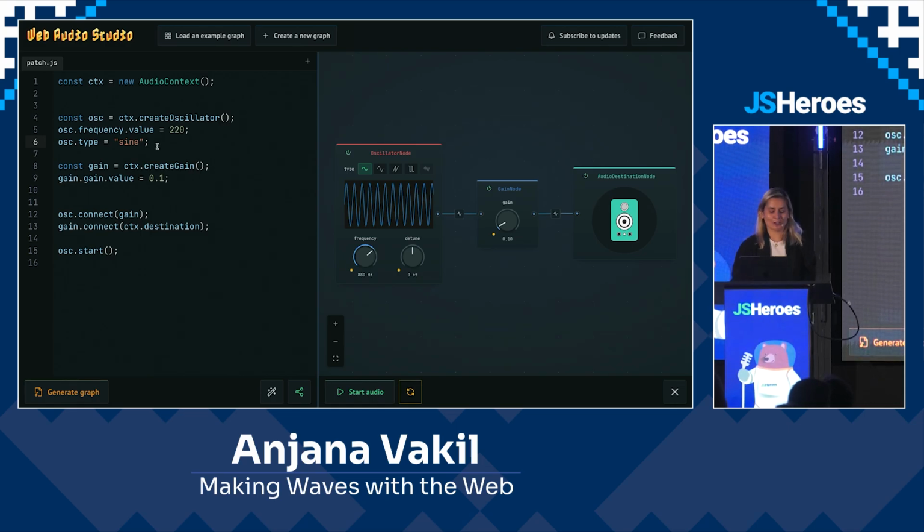But there are other shapes of wave we could use. For example, here is a triangle wave. Sounds slightly different. This one is called a sawtooth wave. OK, that's why I put the gain in there. Let's go back to our triangle.